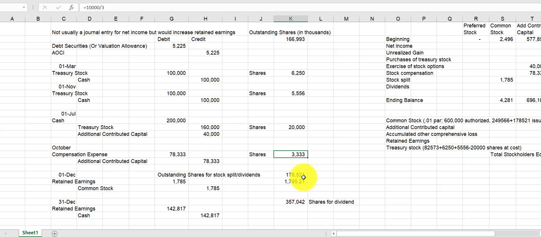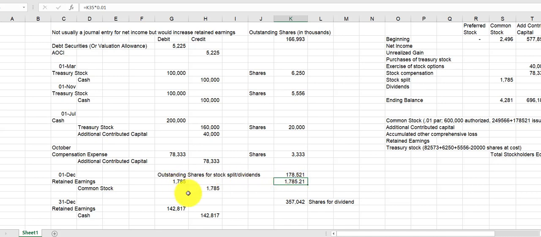If it was truly a stock split, there would be no journal entry. Well, because it's a stock dividend, we're going to do the number of shares times the par value. So we get our number of shares here, and if we're just going to give them the same amount of shares they already have, that means we're just going to double. We multiply by 0.01, that's 1 cent per share for the par value, and that's going to give us